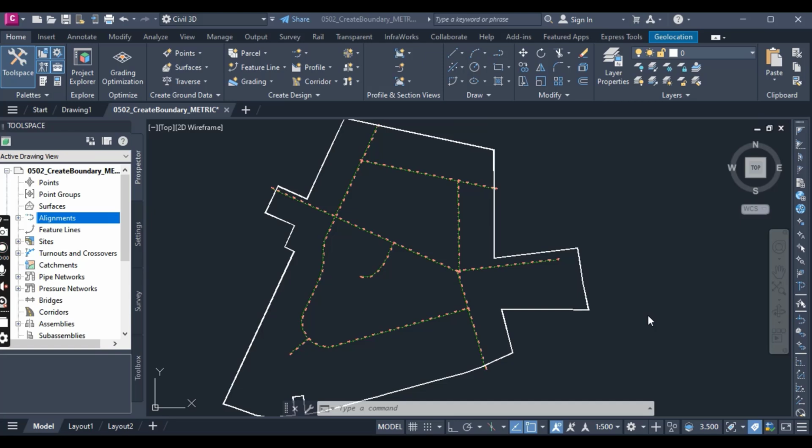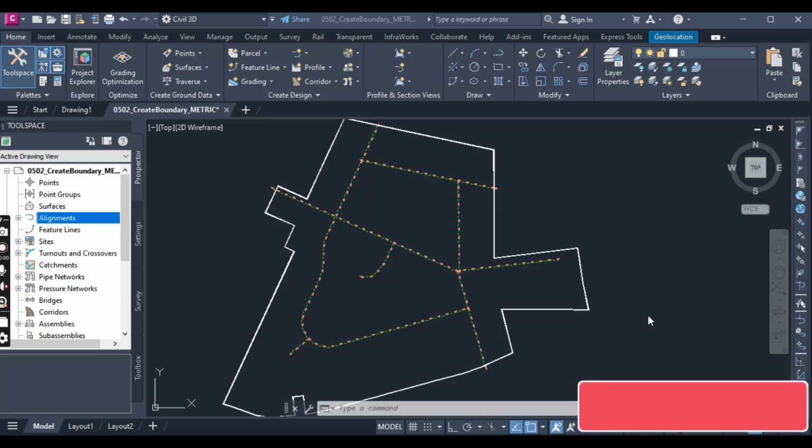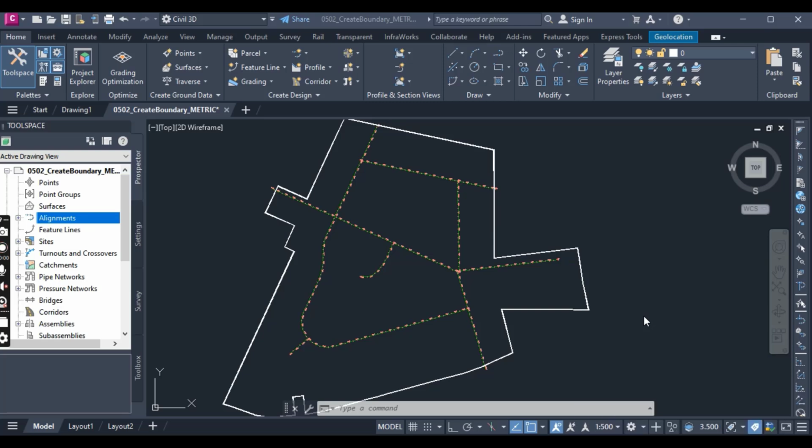Hi students, in this exercise we will learn how to create parcels from objects in Civil 3D. It's very important to learn the subdivision workflow in Civil 3D. So the create parcels from object tool allows you to create parcels by choosing AutoCAD entities in your drawing or